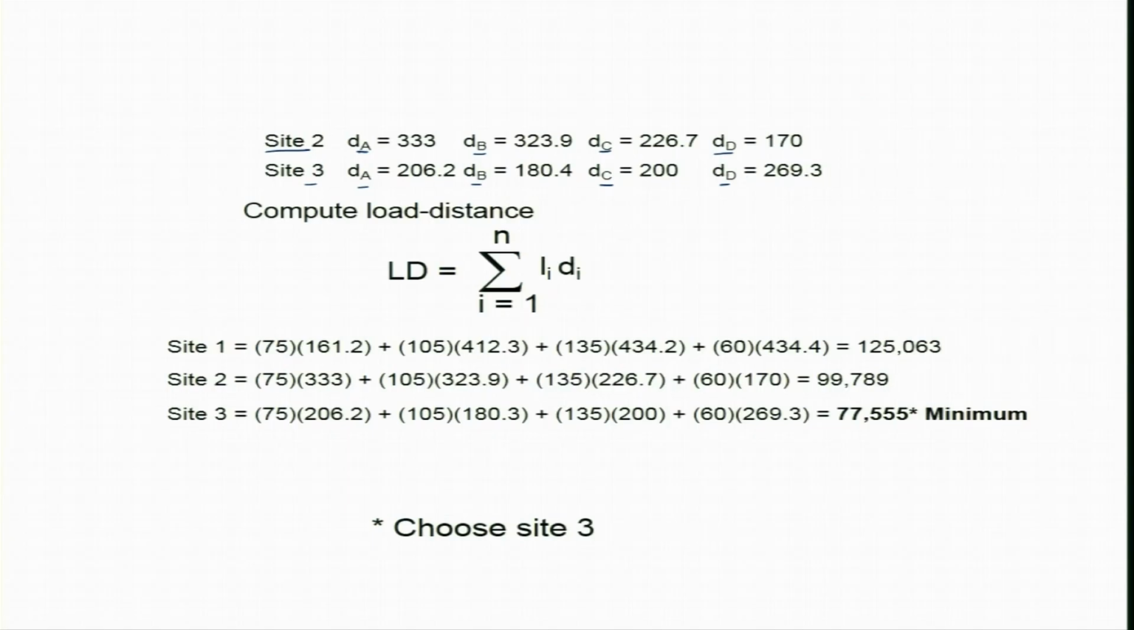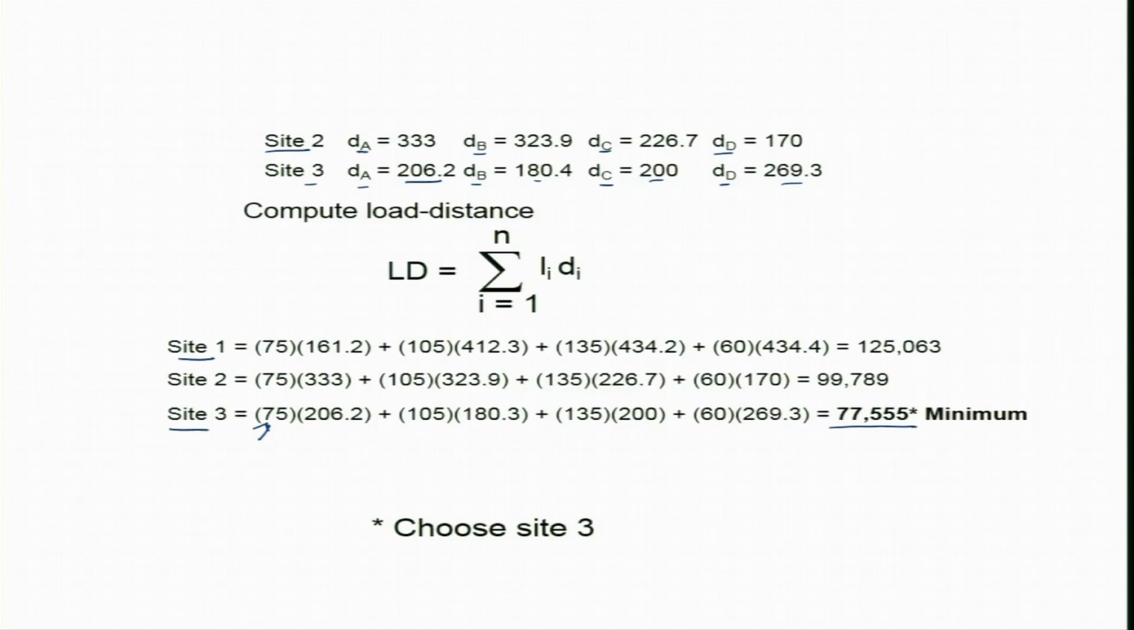Now, we can calculate the load distance for site 1. The example is here, we can take site 3. For site 3, it is 206.2 into 75. 75 tons is the material which we want to transport from supplier A, and 105 is the material to be transported from supplier B, 135 is the material to be transported from supplier C, and 60 tons is the material to be supplied from supplier D, and these are the distances we can see, and together we found that